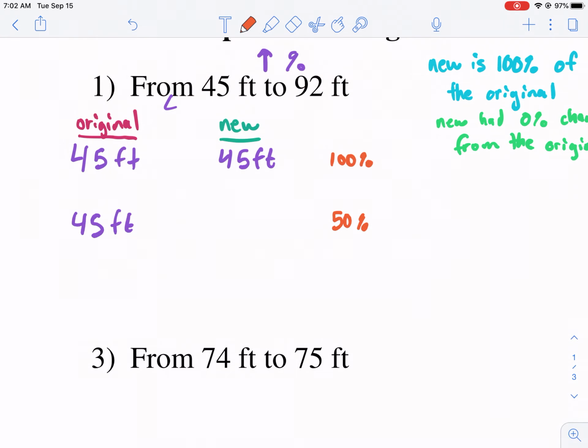Okay, when are we going to start the problem? I just want to have this as an explanation to help you understand. So when does it apply 50%? What does that mean? Well, hopefully you understand that if we have 50% of something, we have half the original